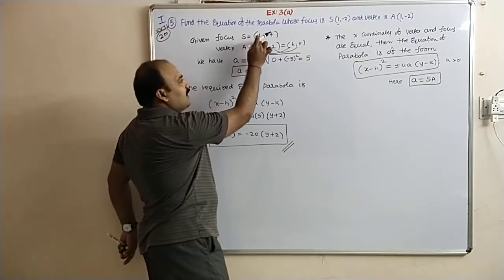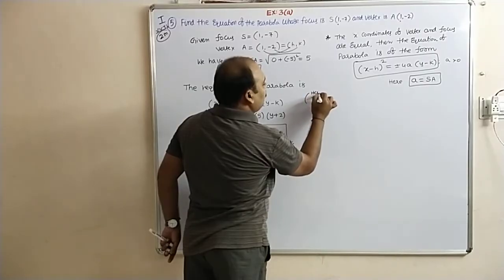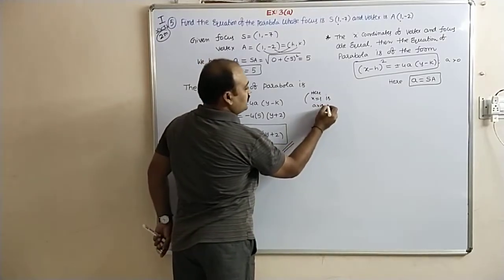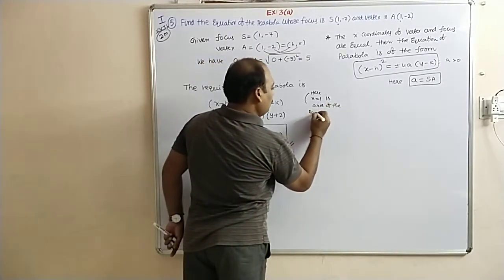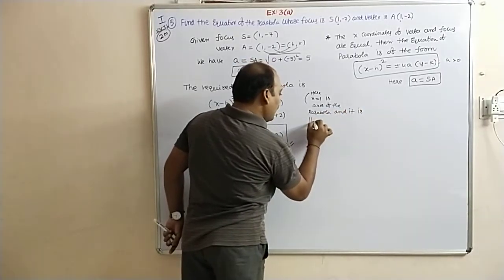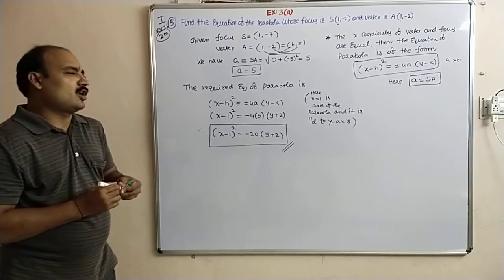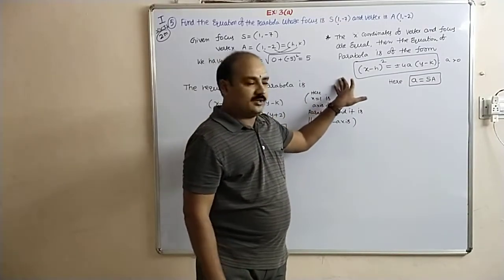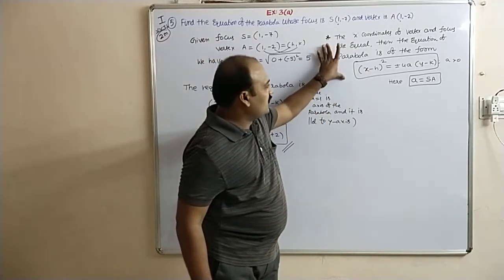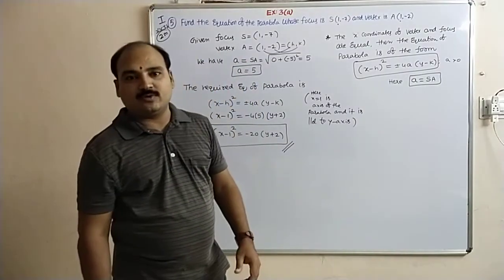So, whenever x coordinates are equal, x is equal to 1 is the axis of the parabola, and it is parallel to the y-axis. Parallel to y-axis. So it is not compulsory to write that. This is for your convenience to understand how we are writing this equation. If you go through this concept thoroughly, you are able to understand this question easily. Even the example also, once you go through that, it is there in the textbook.